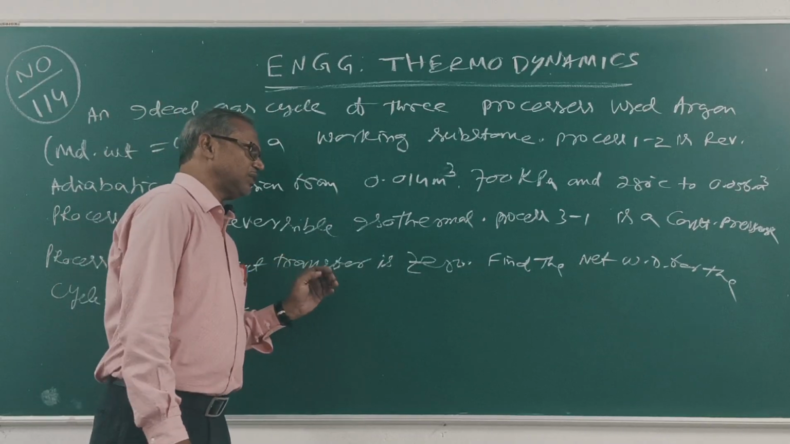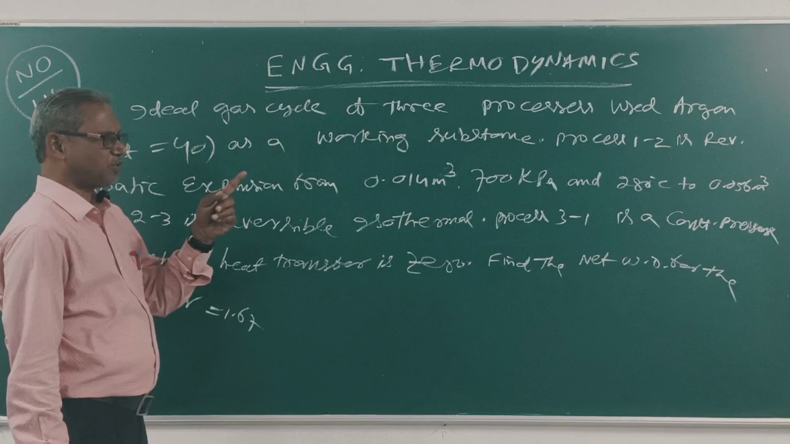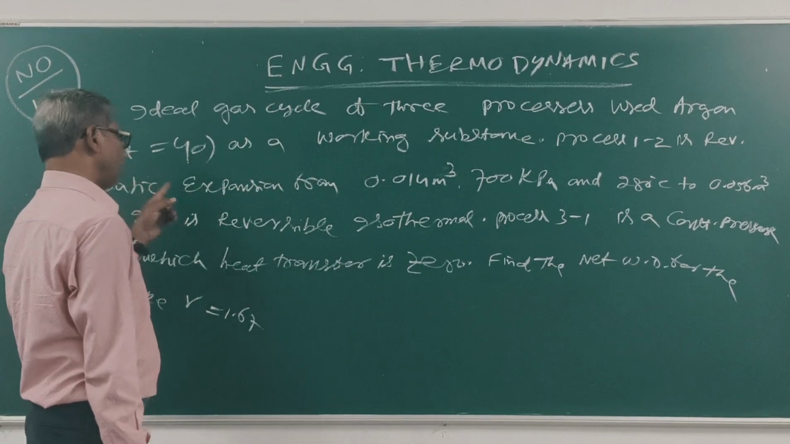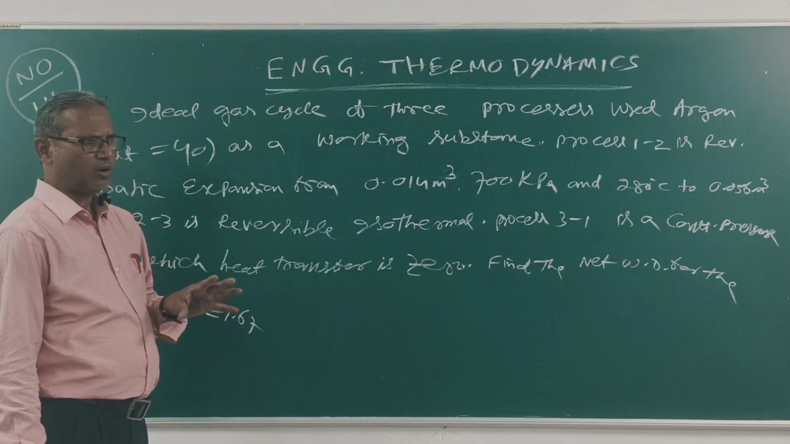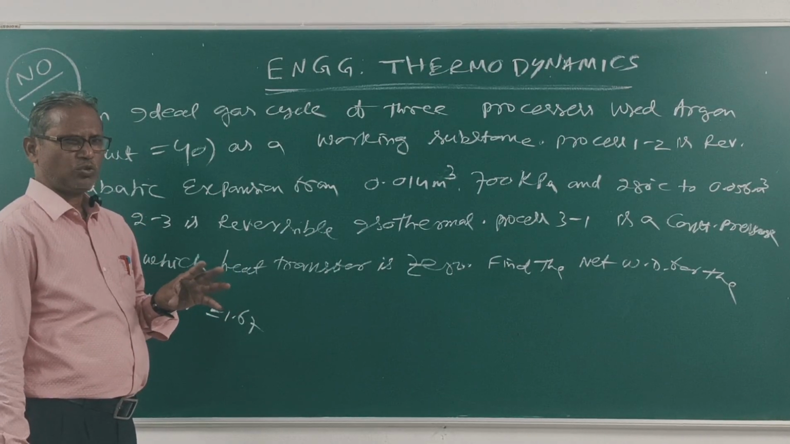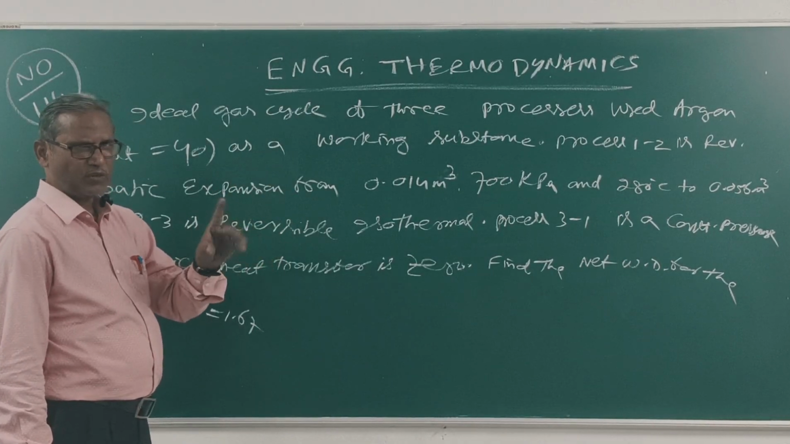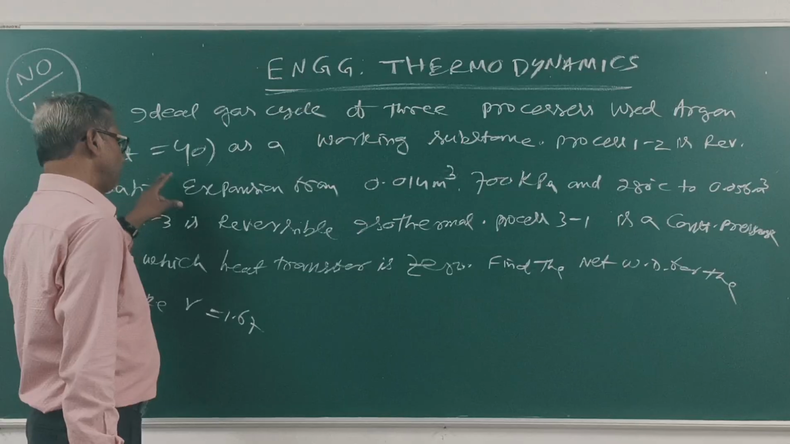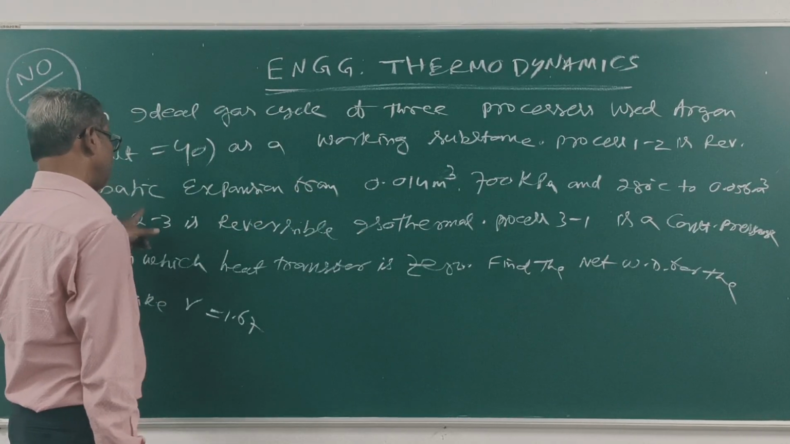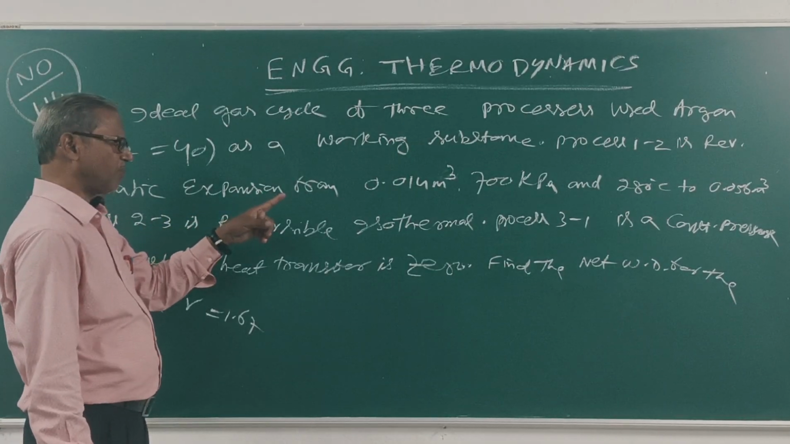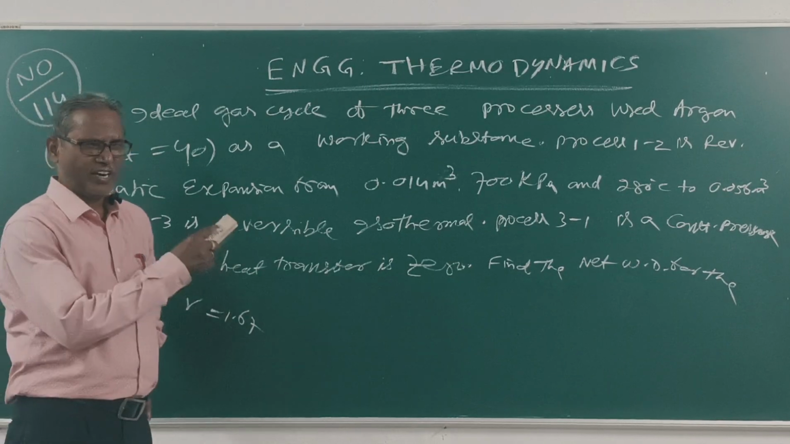Now the question is: an ideal cycle consists of three processes, using argon gas having molecular mass 40 as working fluid. We already did problems using air as working fluid, but in this problem we'll use argon as working fluid, having molecular mass 40. Clear? Process 1-2 is reversible adiabatic expansion from 0.014 meter cube, 700 kilopascal, and 28 degree centigrade to